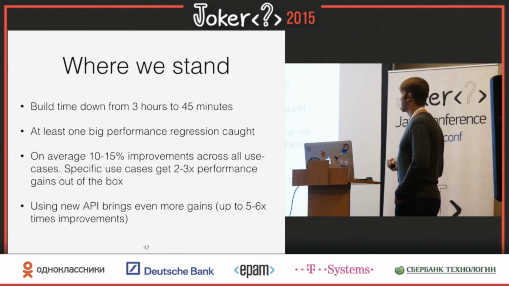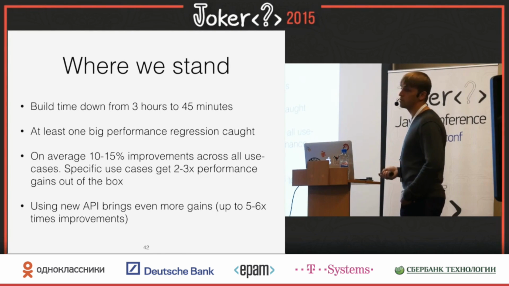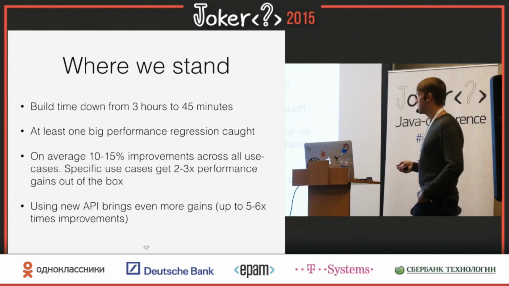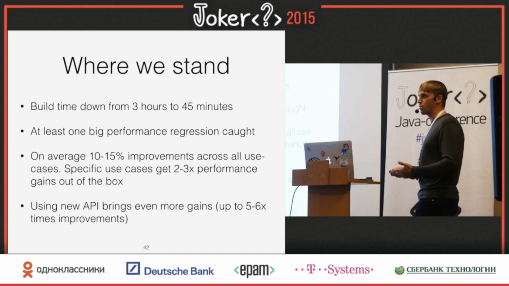So in closing, where we stand. It was fun to use JMH in the product. We now have a baseline from which we can continue our work. Just the build time on the CI, which is not related to performance at all, this is just our standard unit test-based build, went down from 3 hours to 45 minutes based on all the performance work we did in the project.